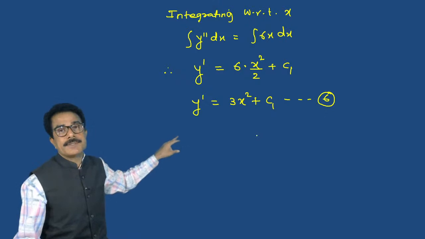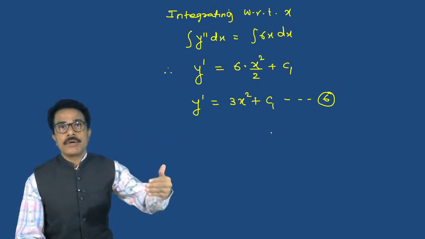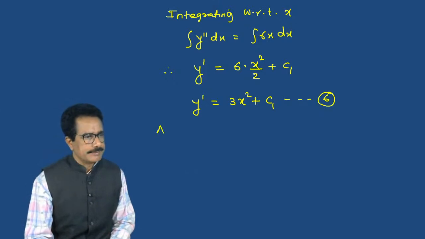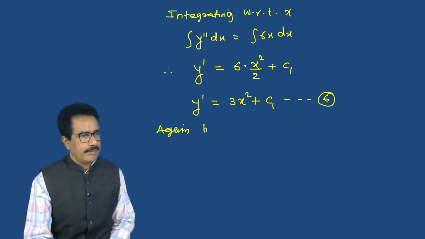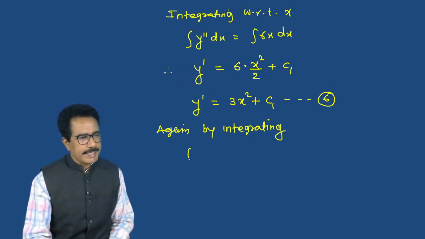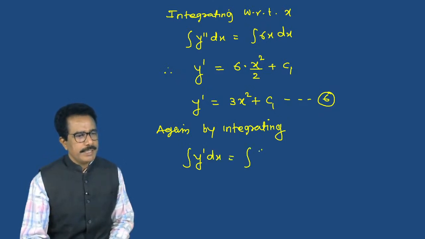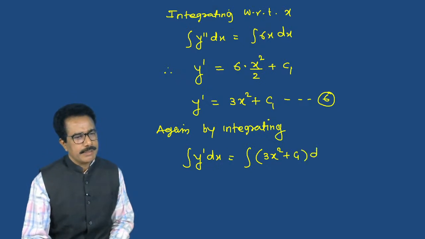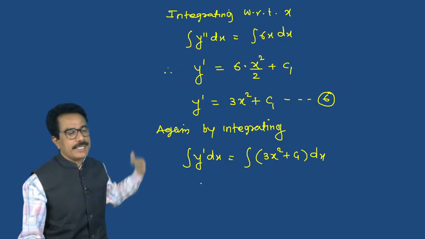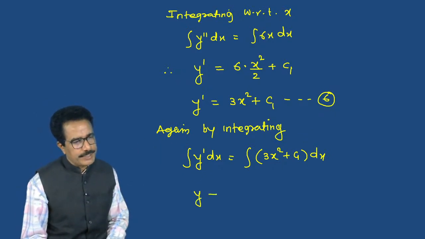This is the y dash, but we have to find out the curve, means y. So again integration, by integrating: integration of y dash dx equals integration of 3x square plus c1 dx. Again, y dash integration, y dash means derivative, so y which is equal to